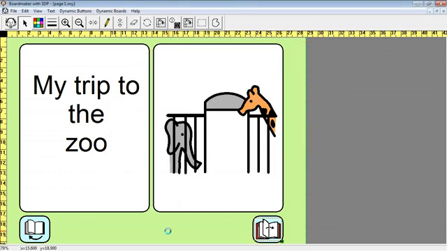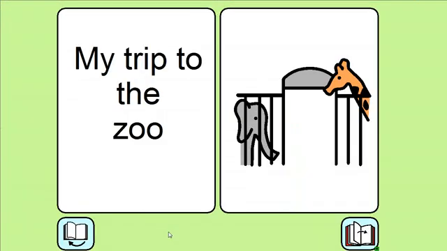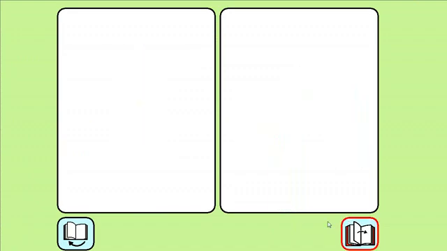Alright, so now, if we go into use mode, Control U, and click on the page, turn the page, it takes us forward to page 2. Now we're ready to create page 2, so we'll go into design mode, Control D,